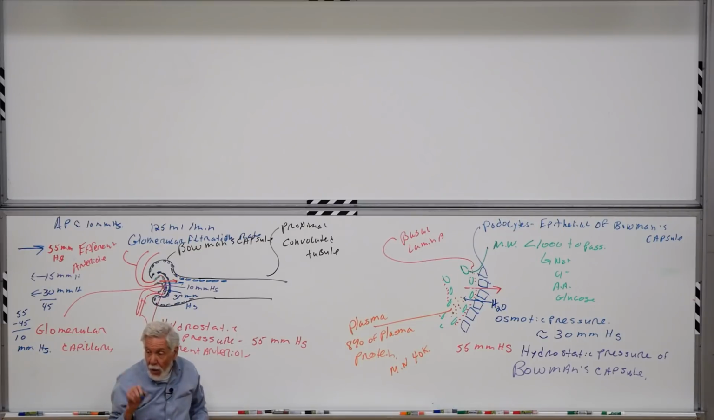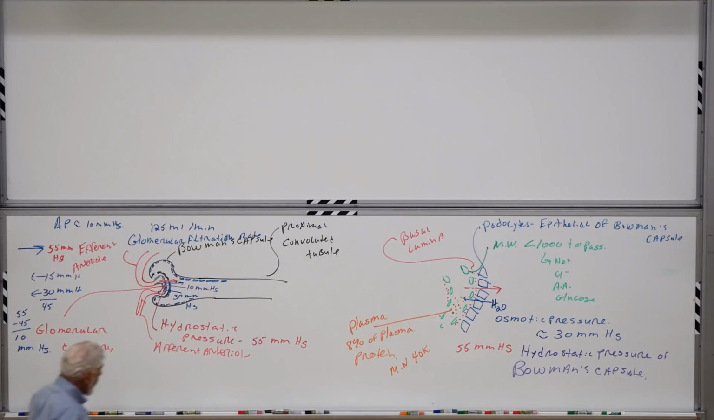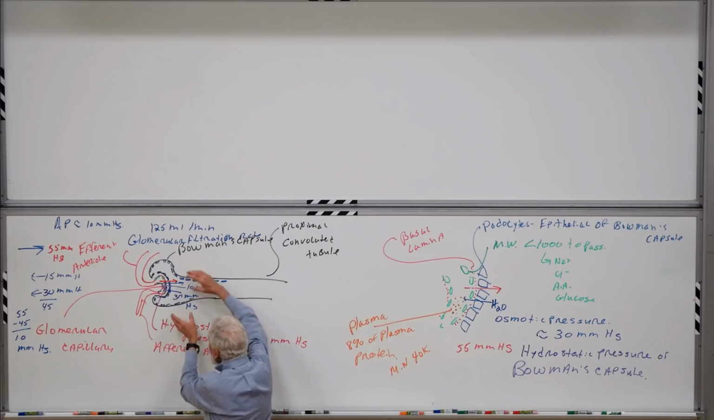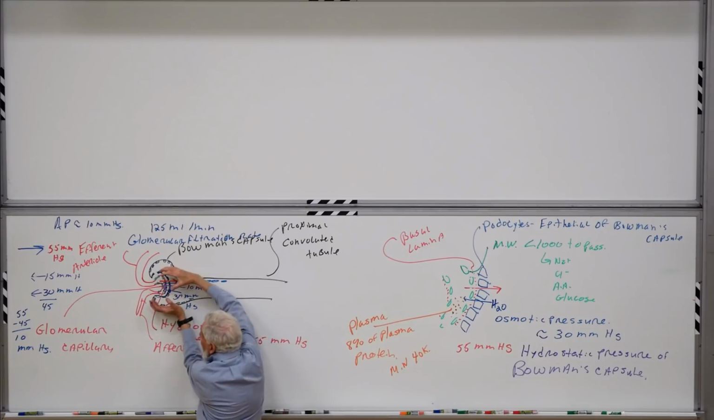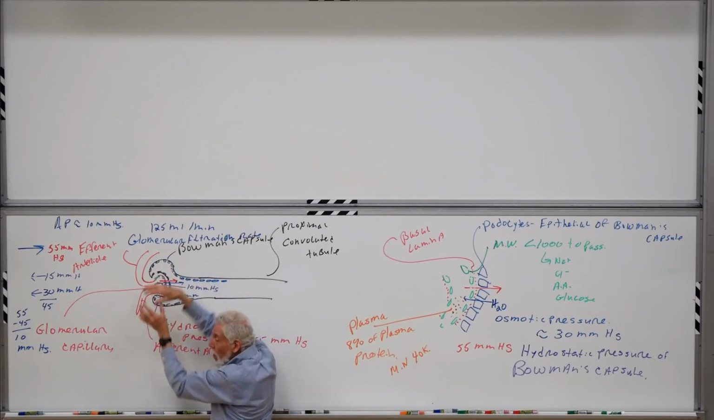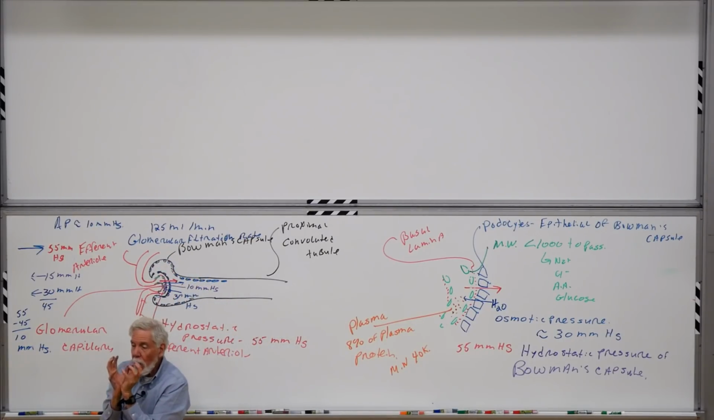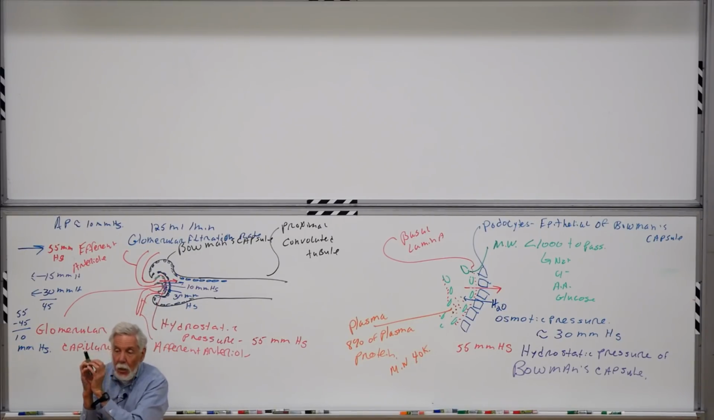So any questions up to there? Yeah? Where did the 15 come from? So the 15 is the hydrostatic pressure of Bowman's capsule. So if you imagine this, and this is horribly done in two dimensions, but if you imagine this is a proper cup, and if you imagine the blood vessel is sealed within that cup, and now you have movement from